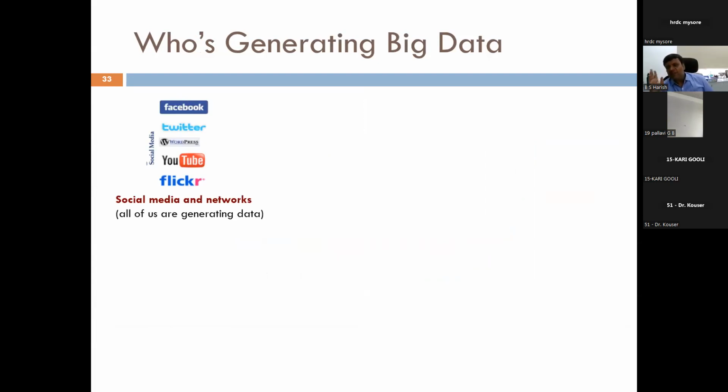It is generated by Facebook. How many of you have Facebook accounts? I think everyone. Yes or no? Yes, sir. Most of them have Facebook, right? So if you take a single person, at least a single person is connected to more than 100 people. So just imagine 1:100. Similarly, 100 is to how much? So in one way or the other, the entire world is totally networked.